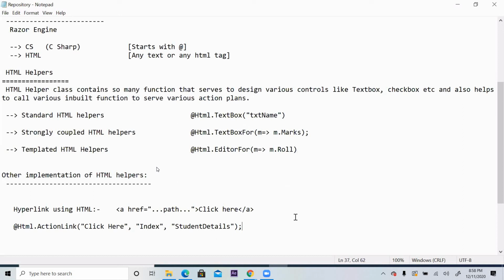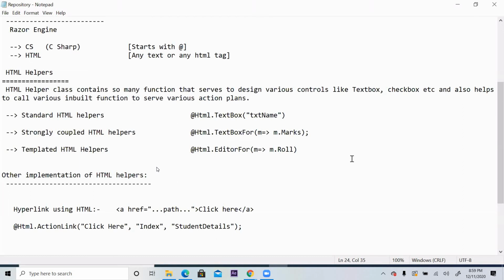Sir, do we have any documentation of all these HTML helpers, like the list of what we have? MSDN you can follow if you want everything. Usually Microsoft provides the documentation for all this. But it's not necessary. As per use, the moment you put a dot here, those things will come.